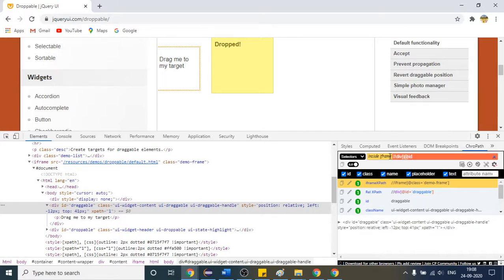ID is our attribute, and what is the value of ID? It is draggable. If I press enter, you can see that it is highlighting the "Drag me to my target" yellow box. Okay, so this is how you can write the XPath. So if you have written the XPath,